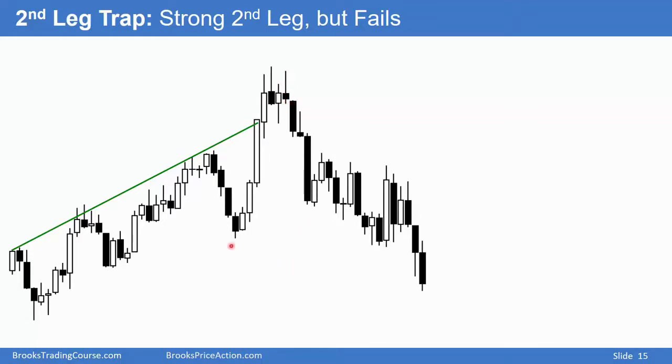a second leg trap. Strong second leg, beginners see the 4 bull bars, and they believe the market cycle is starting over, and that it's going to lead to a measured move up and a swing up. But they're overlooking the reality that this is a bull breakout above a bull channel, and 75% of the time, you're going to get this, a reversal down to the bottom of the channel.